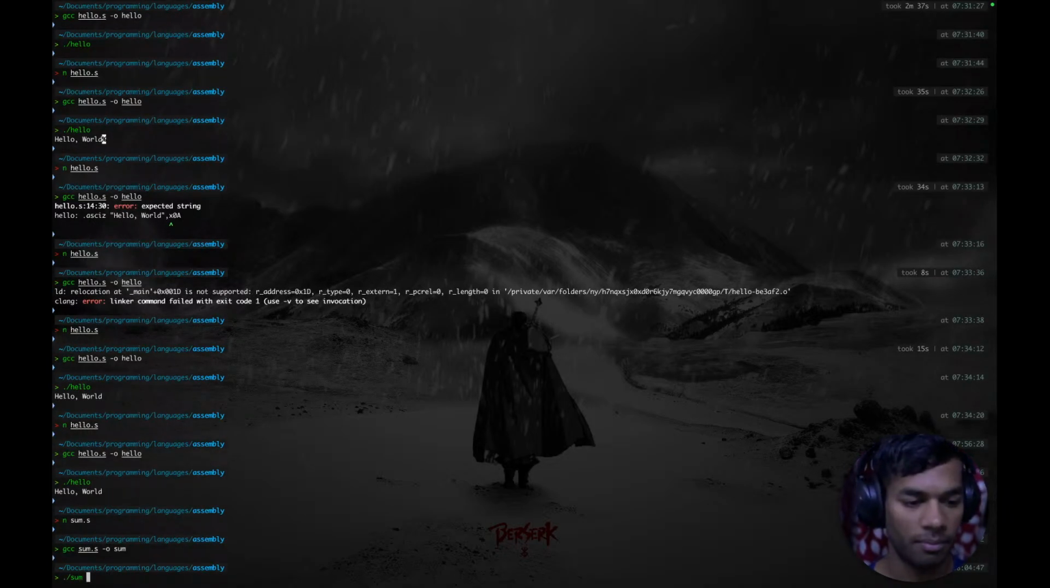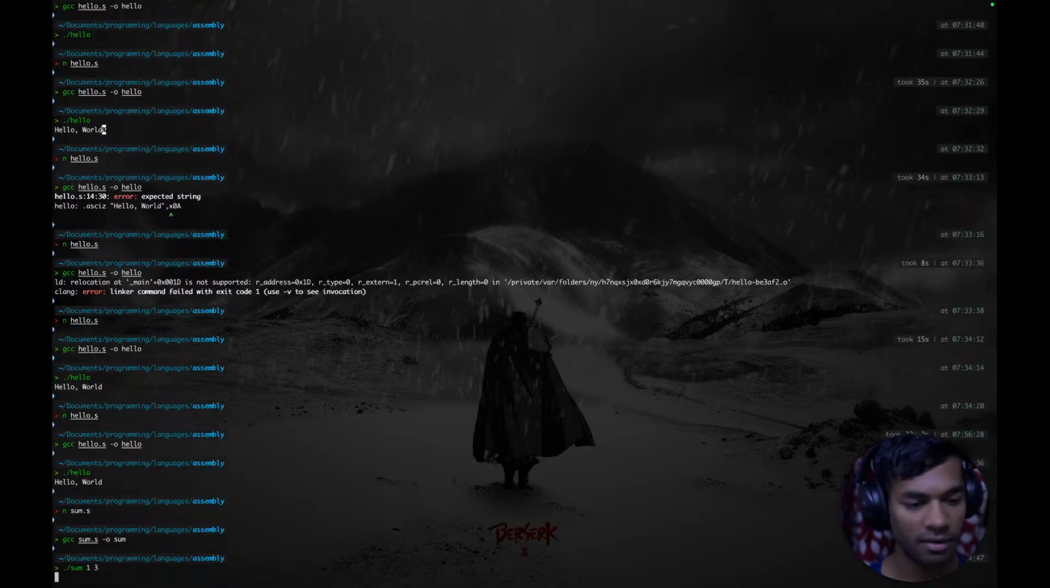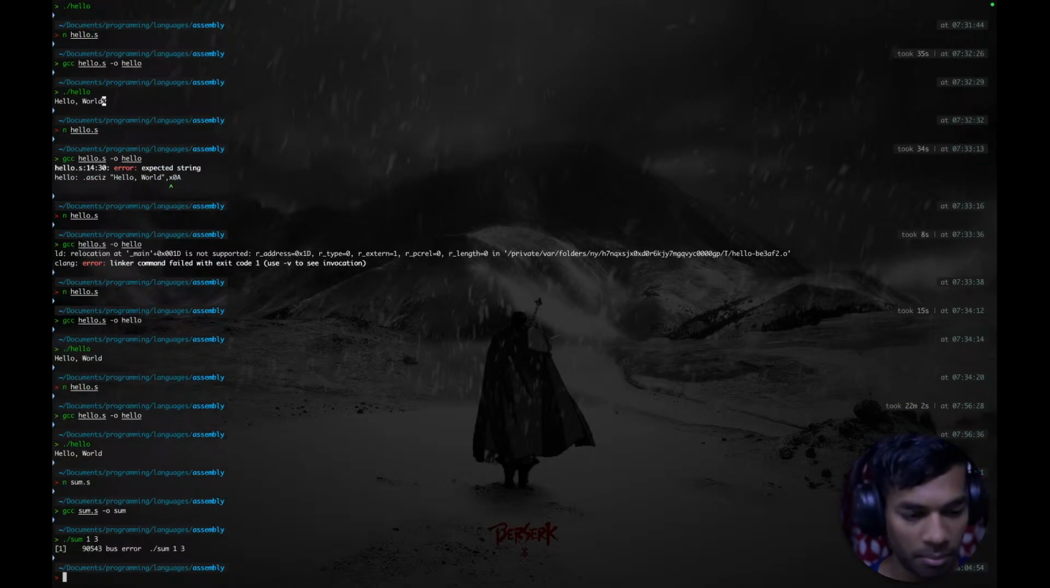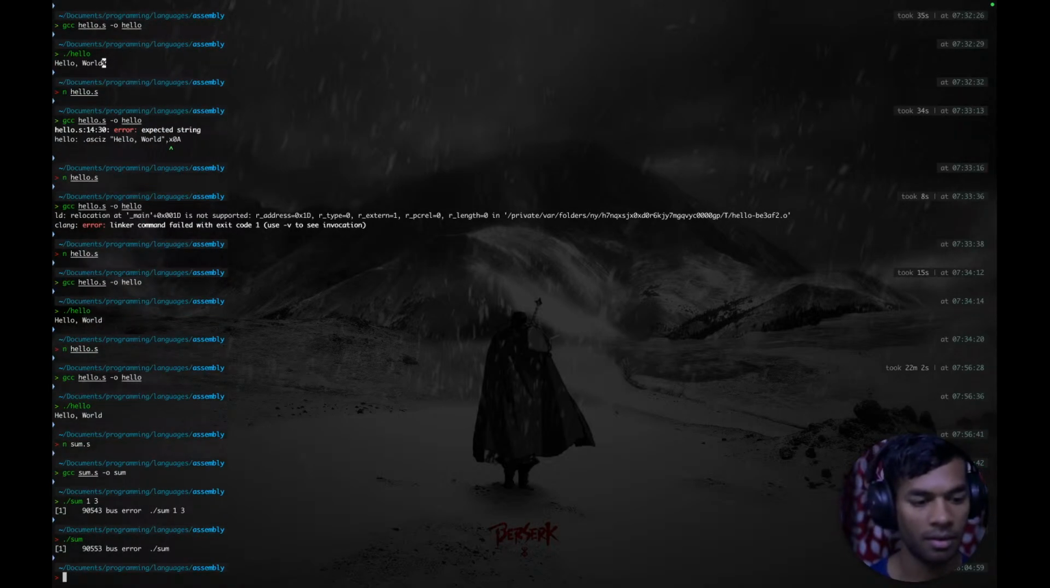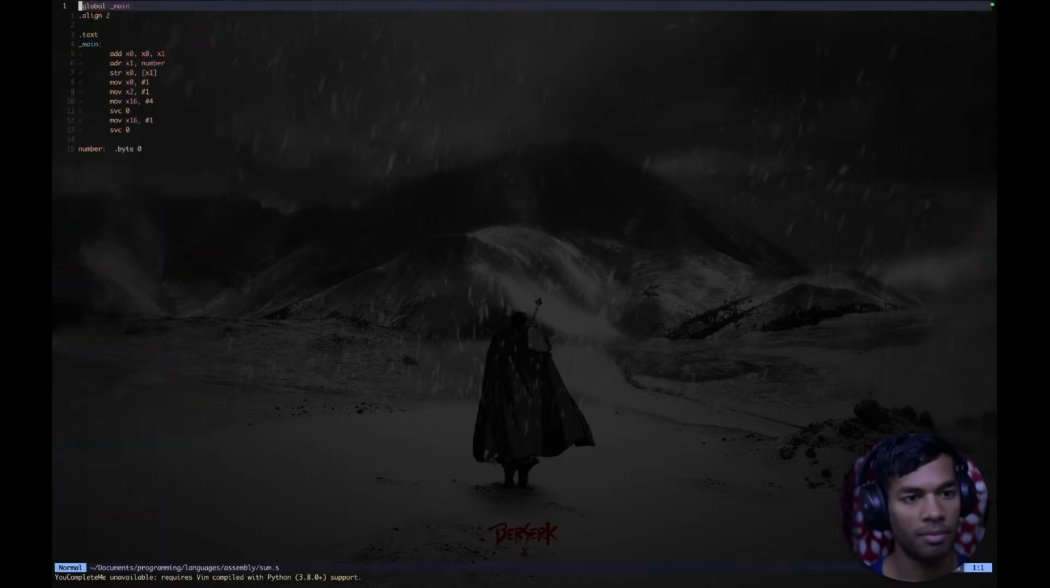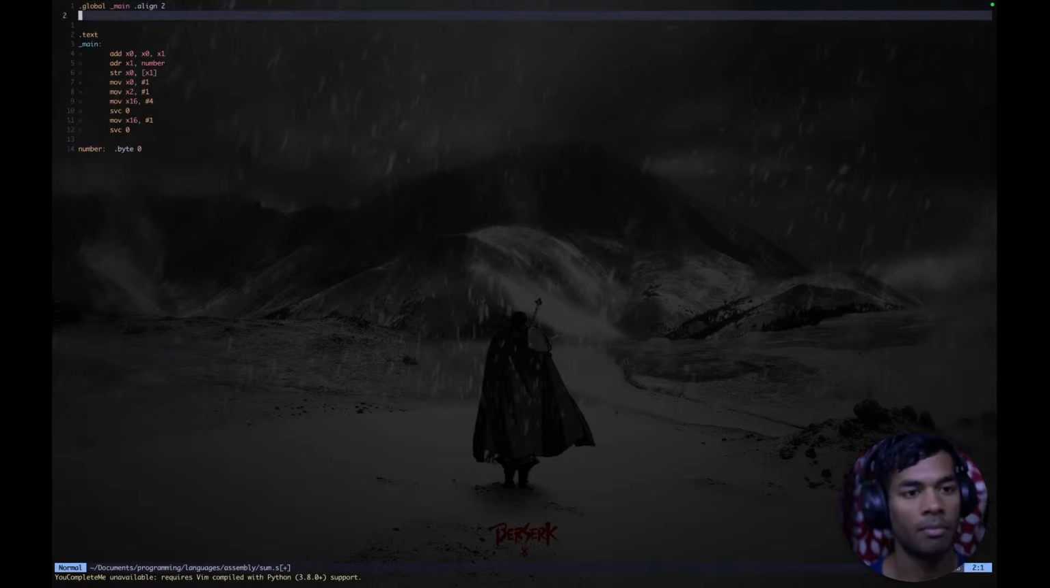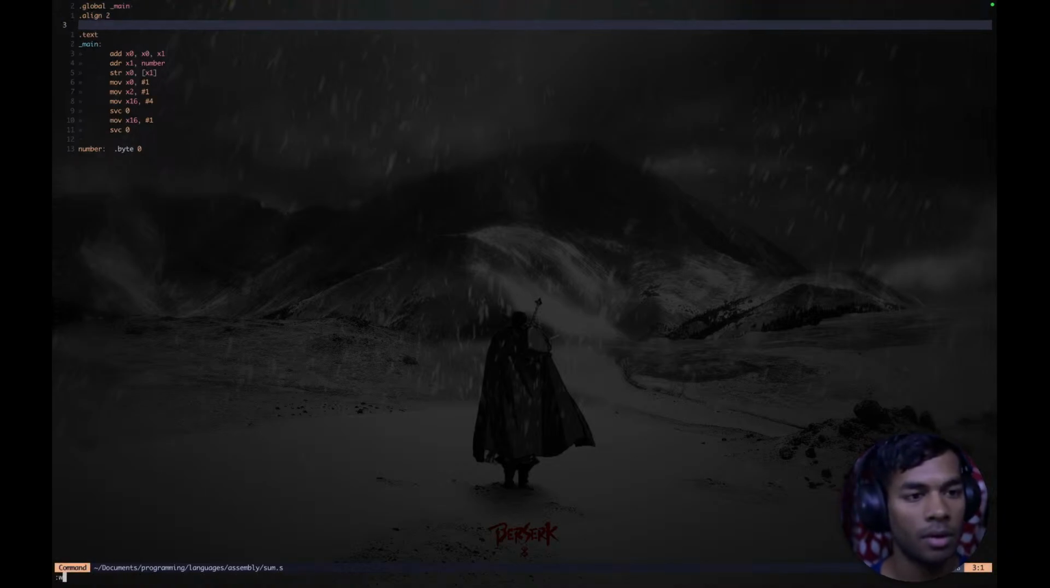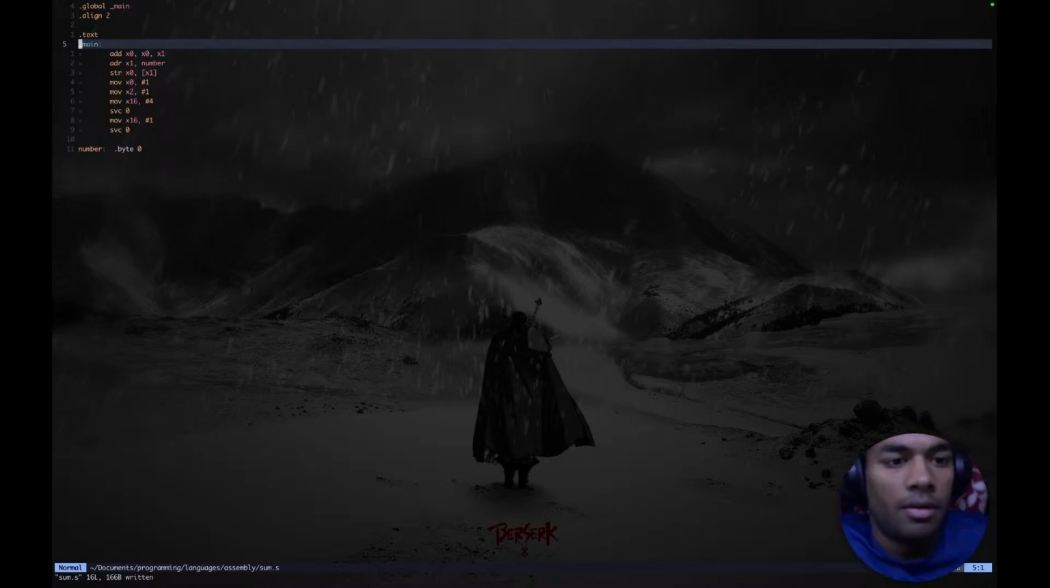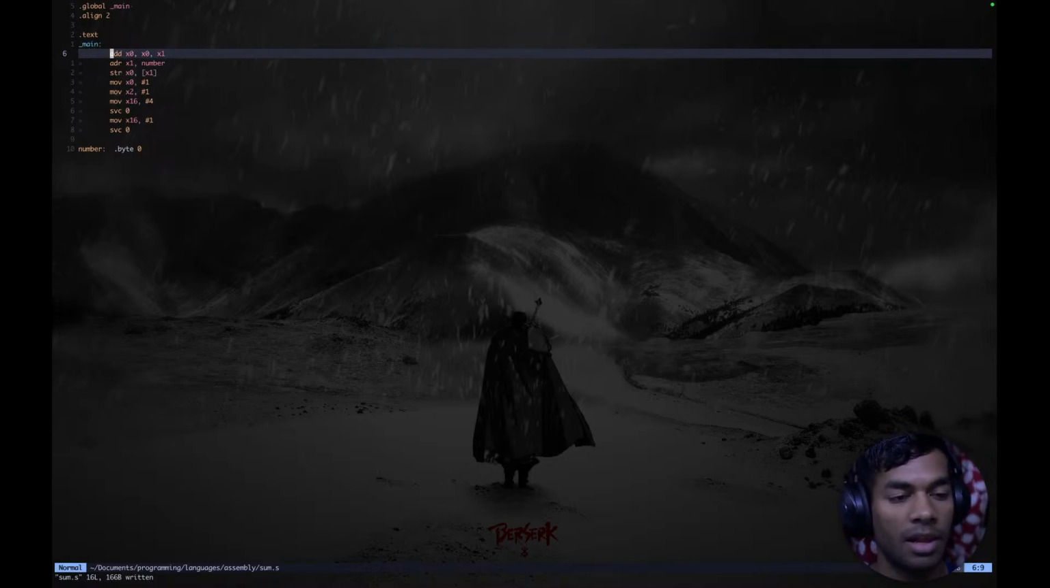It works, and will the input go like this? Okay, bus error. Sum dot s. Okay, I am getting a bus error. What does it mean? It might mean that I am calling the thing at the 0th and the first register, but I don't actually have anything there. So